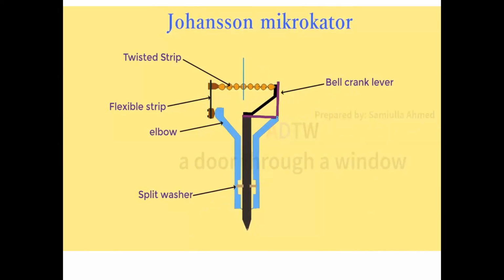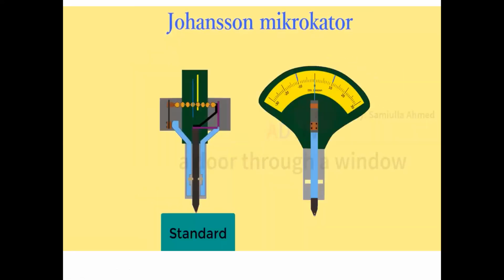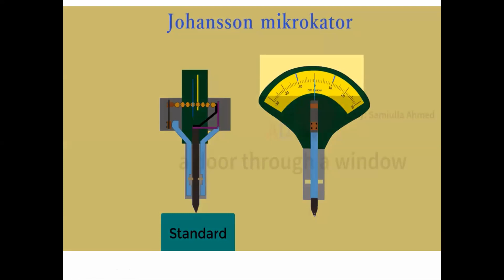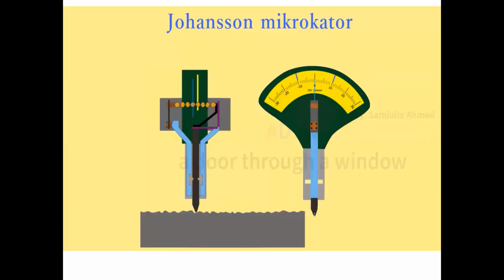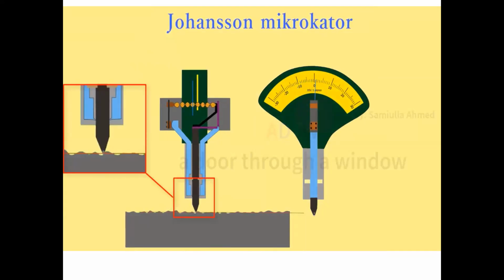Since we understood the construction, now we will see how it is used to compare, or its working. The instrument is initially calibrated to the standard and the zero is set to this value. The instrument also has two pointers which can be set as upper and lower limits. Then the test specimen is placed on the measuring table and made to slide below the plunger of the instrument. Any difference in the measured dimension of the specimen will result in either lowering or rising of the plunger.